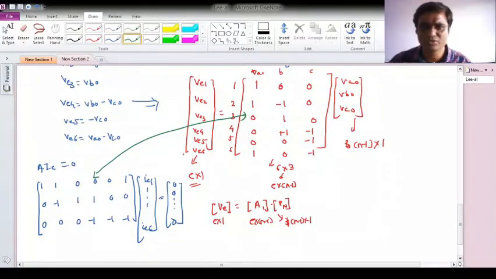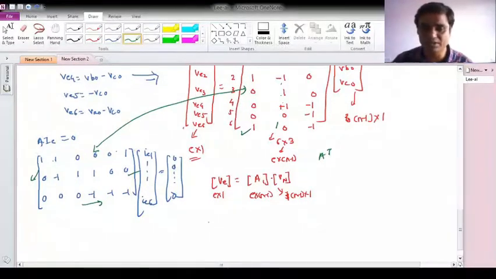So if you compare this matrix with A, what we observed is, if I take the transpose of this matrix, A transpose, what I'll get is 1, 1, 0, 0, 0, 1. So this is the case. Second row will be nothing but second column, 0, minus 1, 1, 1, 0, 0. What about third row? Third row will be the third column, which is 0, 0, 0, minus 1, minus 1, minus 1. So what we can conclude from here is that the element voltages which we have expressed will be simply the transpose of the incidence matrix into the node voltages.